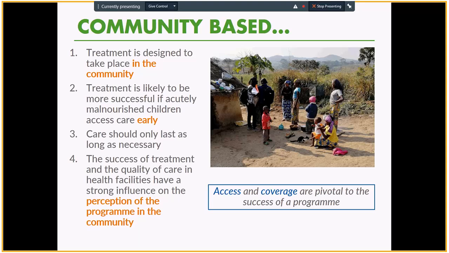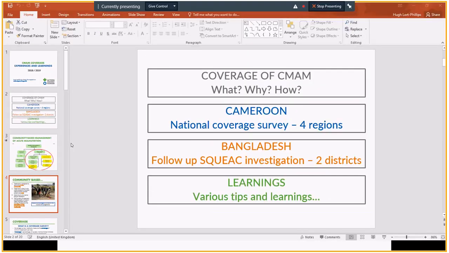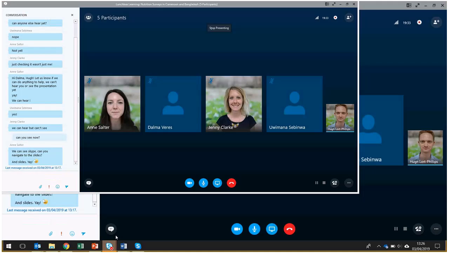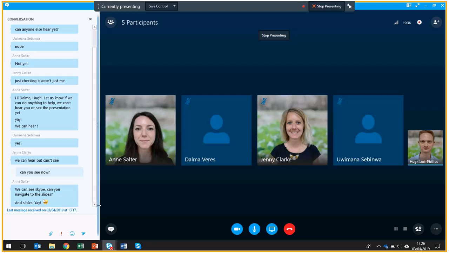So those are the things that I look into as a coverage expert, or a global coverage advisor, and the things I have always in my mind when I'm meeting with the health centre staff and with the communities, just to try to understand what's going on in terms of coverage. So, is that clear so far, everybody? I'm trying to take out the technical jargon as much as possible, but essentially that's what we're doing.